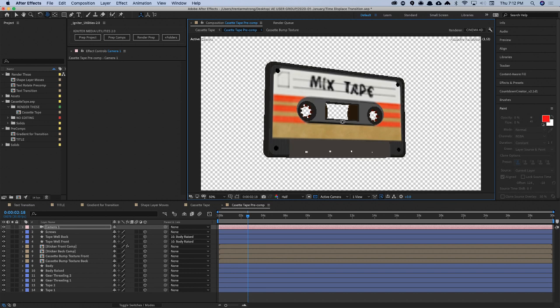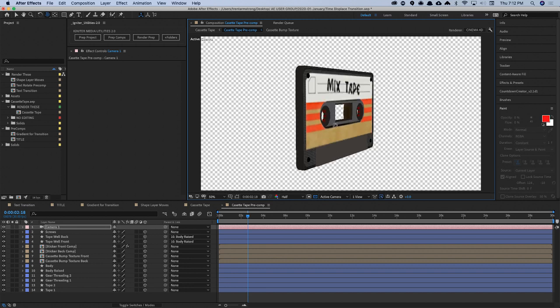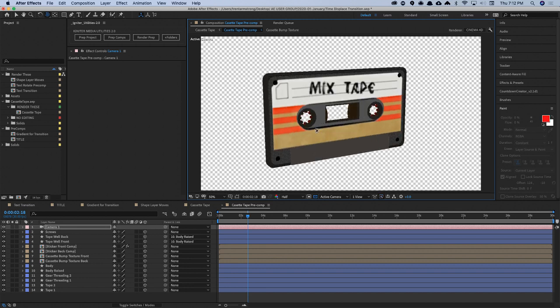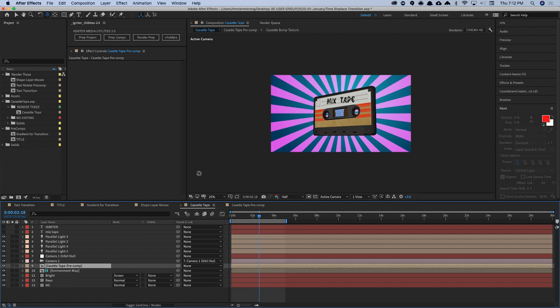So anyway, I was messing around with, can you do more complex objects? And of course, I wanted to create an audio cassette. So yeah, all of this stuff is,